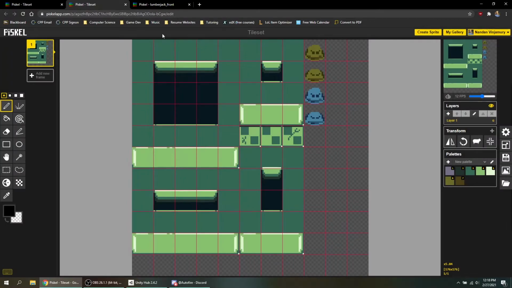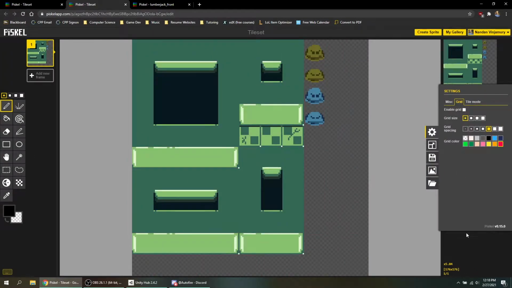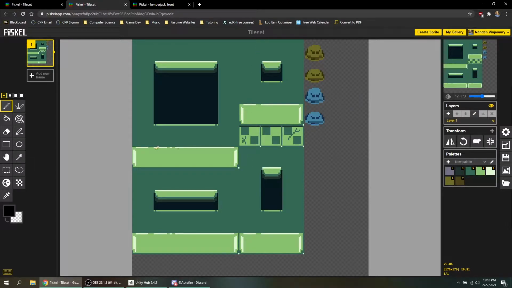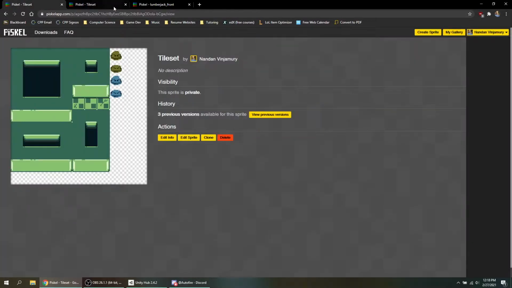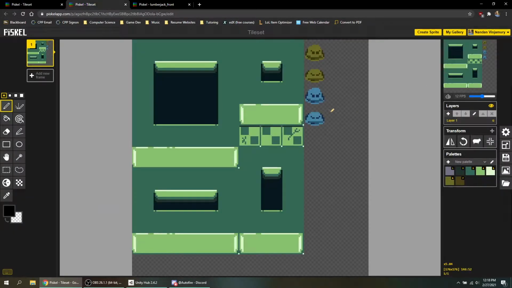I've also built a tile set, which I've enabled a grid for, but you can see that each of these constitutes a tile. So this is a wall, these are floor tiles, and then you have several enemies actually, which aren't technically tiles, but I just implemented them into the tile set so you could export it all together. Now, if you want to do this, I recommend doing 2 things. First is recognizing the size of each sprite. So you should know what the size of each sprite is, or each wall sprite, for example. So I generally keep them in a 16 by 16